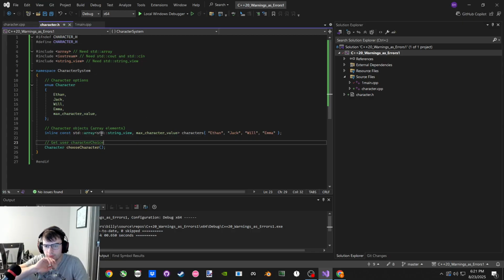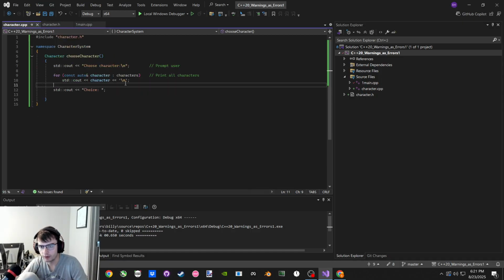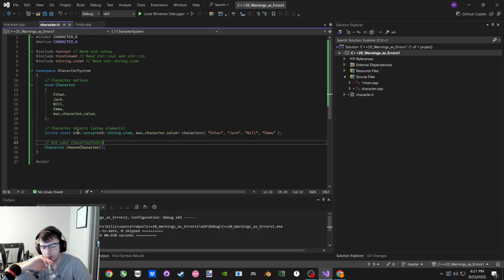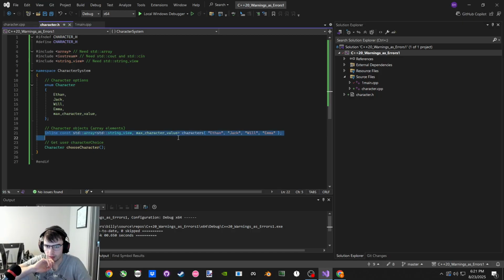I mean, we could leave this as auto and not do standard string view, but I'd rather not do a C-style array right now. I don't know how those work, and I'd rather just use what I know how to use. The downside, though, is because standard string view and standard string can't be made const expression, we can't assert the size of this at compile time. Well, I guess we can't even. Well, can we? I guess we can't. Yeah, we can, because